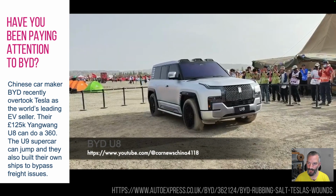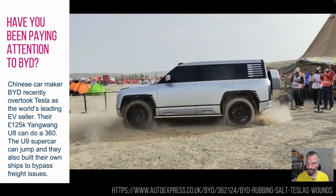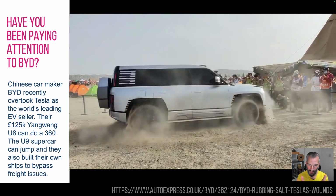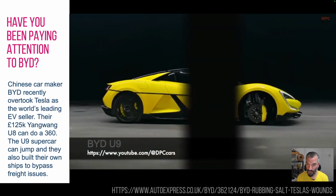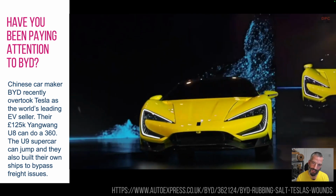Quite interesting. This is BYD. If you don't know who BYD are, they are a Chinese car manufacturer, and they are now the world's largest EV manufacturer. This is their U8 model doing a 360. This is their U9 model doing a jump. It is actually jumping off the floor and also can drive with only 3 wheels because of its really interesting